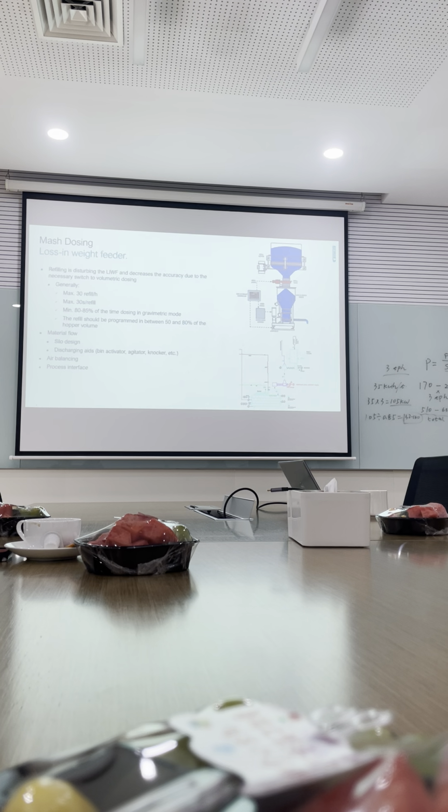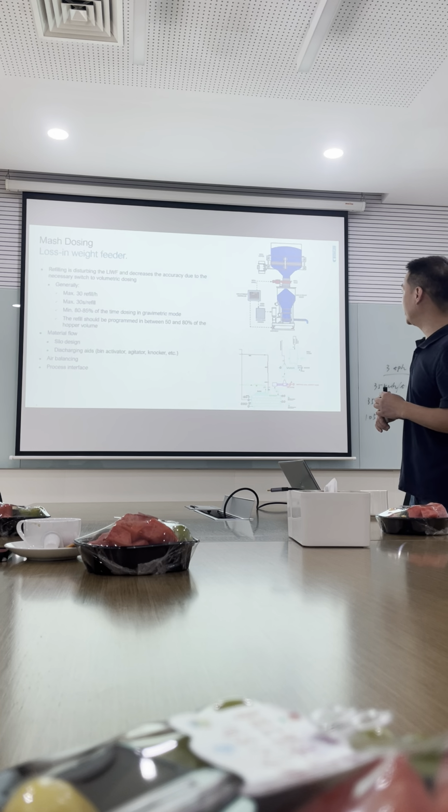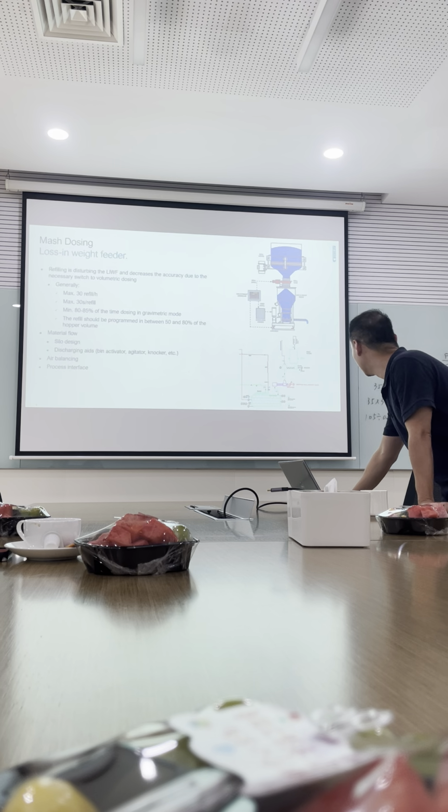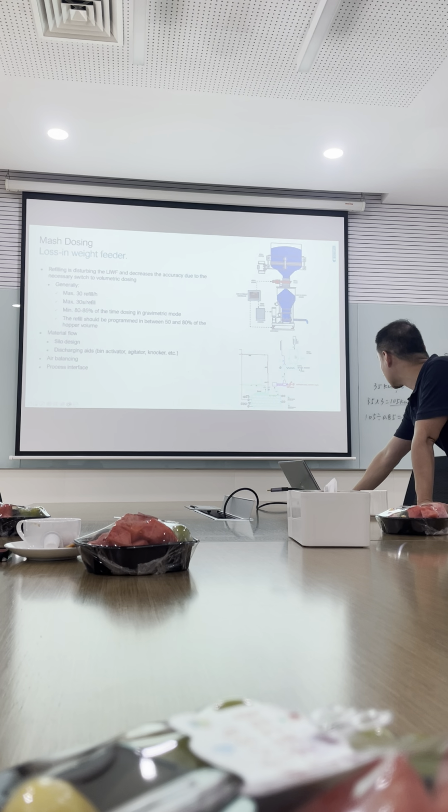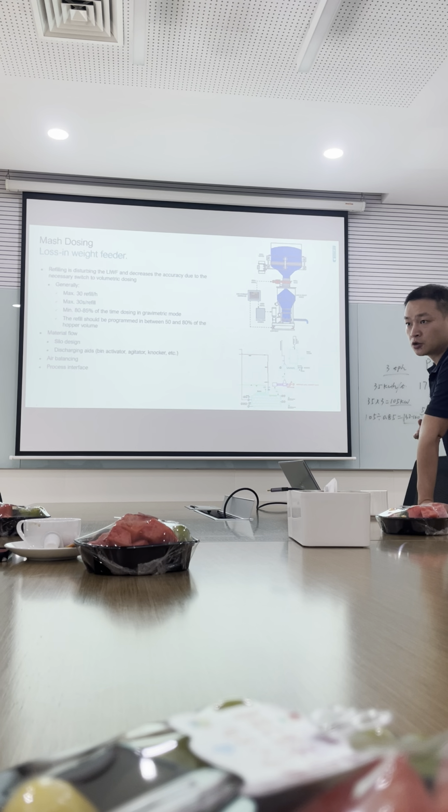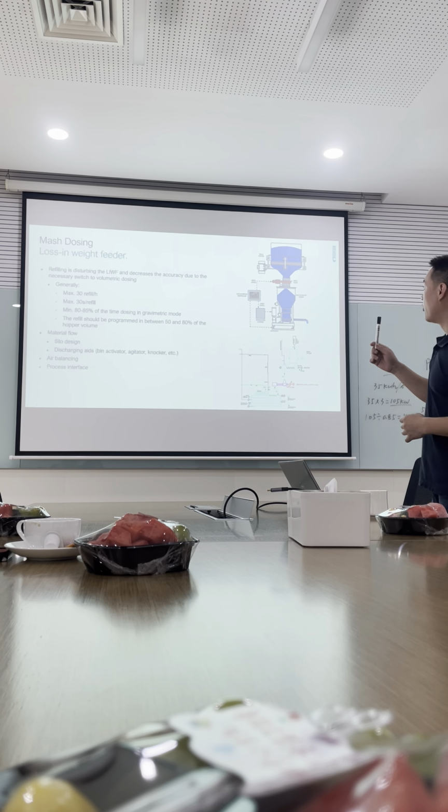But for the loss-in-weight feeder, we need to know how big the silo is. This is not a silo, this is just a bin, right? We need to refill the bin, right? And we need to know how big the bin we need to have. It's not just a bin. It needs to be related to your capacity. And let's say for the loss-in-weight feeder,